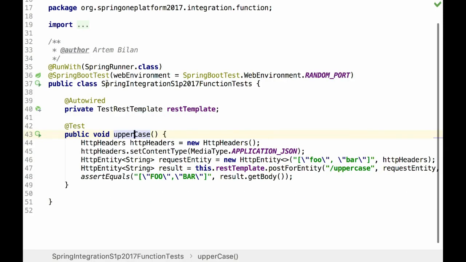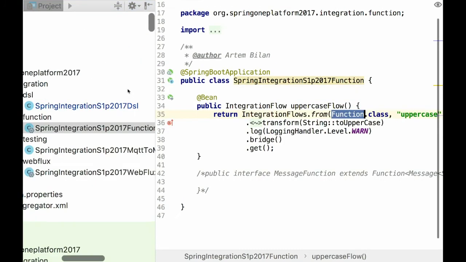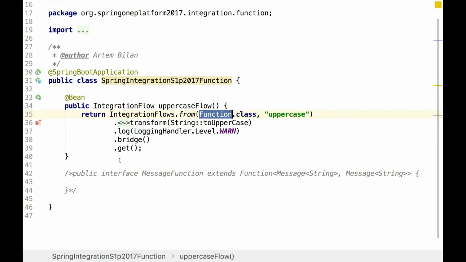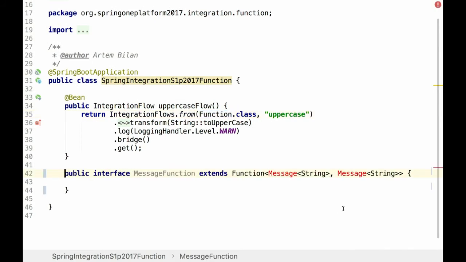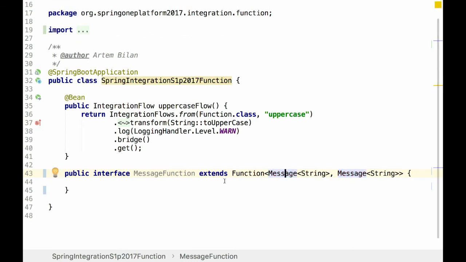But at the same time, if we come back to the sample, as you see, I have here a custom interface which extends function, and the generic arguments are message.